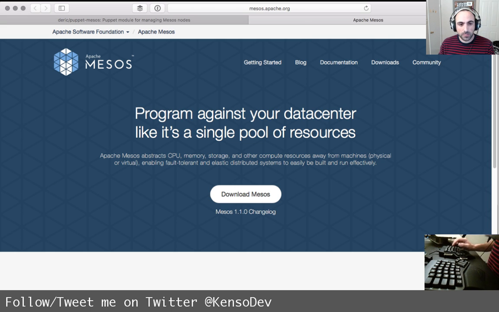Mesos is, if you think about an operating system, you think about the resources that an operating system has. It has a disk, and you put stuff on it, and you uninstall stuff from it, and so on and so forth. What Mesos does is turn your entire cluster of production machines into one single operating system.